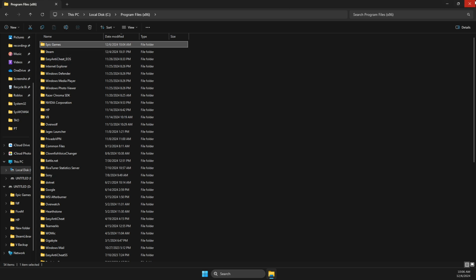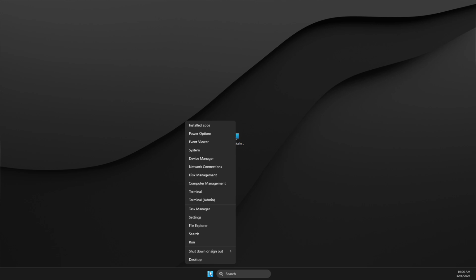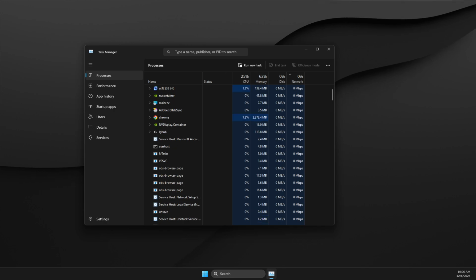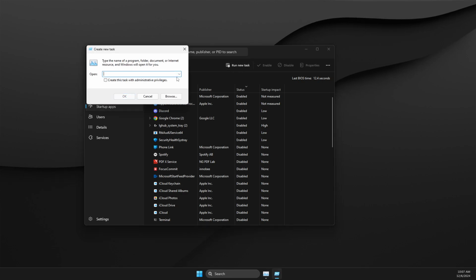Just delete it. And the next step is to open up Task Manager. Right click on the Windows icon, then open up Task Manager, then look for startup apps, then here select run new task or create new task, and here you need to put a code. Here you need to write, as you can see here, msiexec.exe. And then you need to make sure to create this task with administrative privileges, and then you need